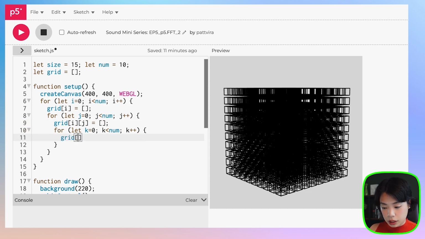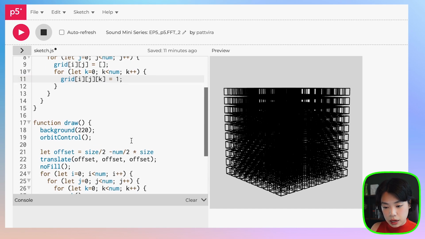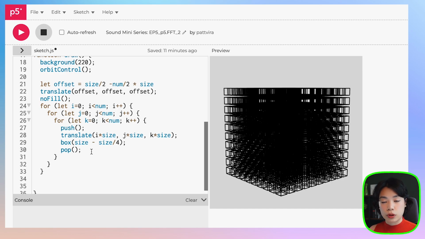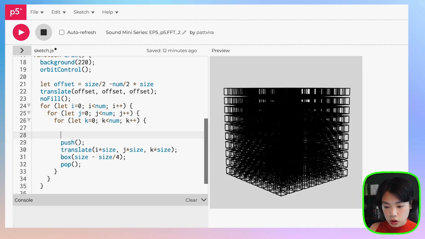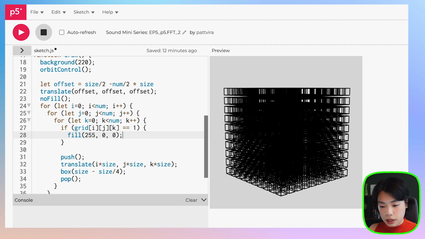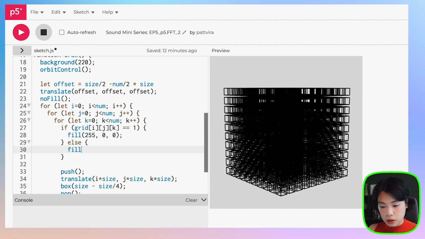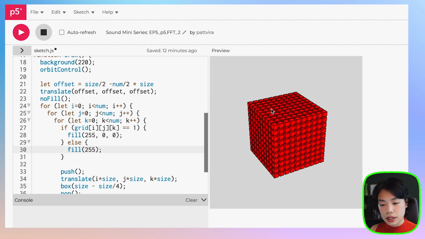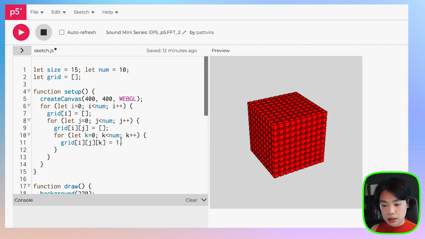But then the last one here, we're going to set it equals to 1. How about we set everything to 1 for now? And then inside here, we're going to use the values inside that grid 3D array to set the colors. So we're going to say if grid of i, j, and k equals 1, then fill the color red, and else fill it with white. And as you might have expected, everything is red,